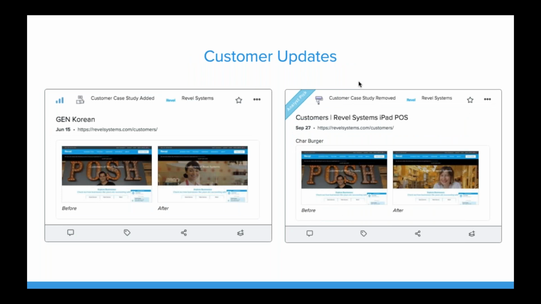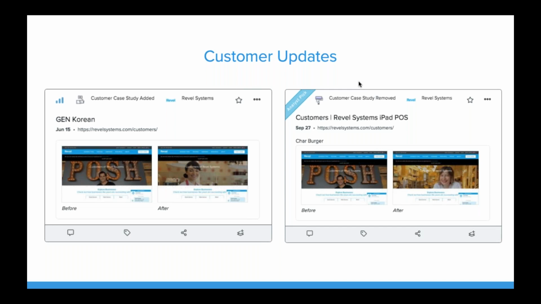And then customer updates. So case studies or even industry pages on a competitor's website, the logos that they're promoting. You can get a lot of great insight in terms of what their ideal customer is and which segments and use cases they really focus on. And so, of course, you want to contrast that with your own. What is the ideal customer for them versus your own? Perhaps it's different, and that becomes a differentiator. Where do they excel? Where do they struggle?